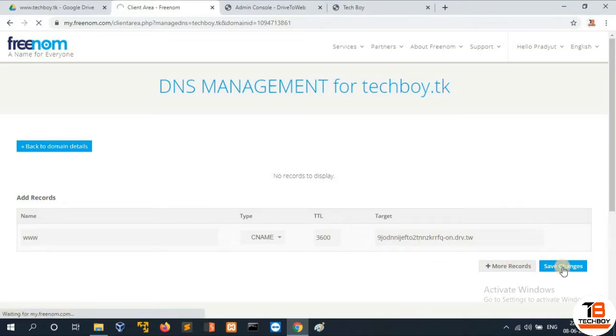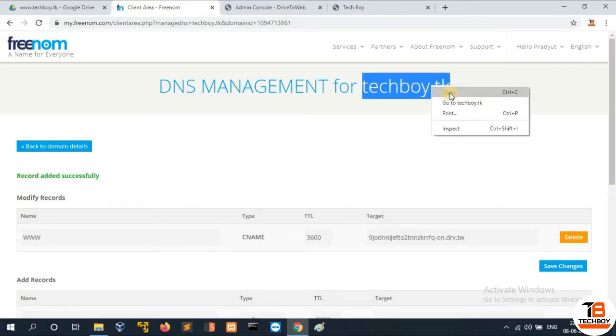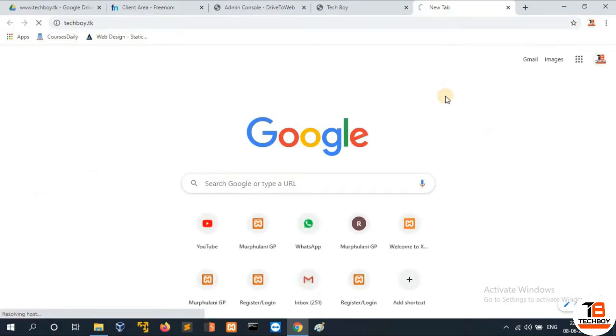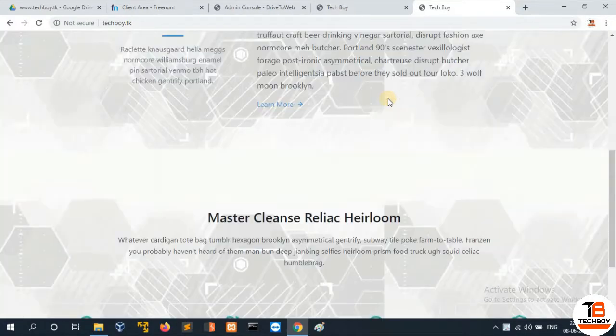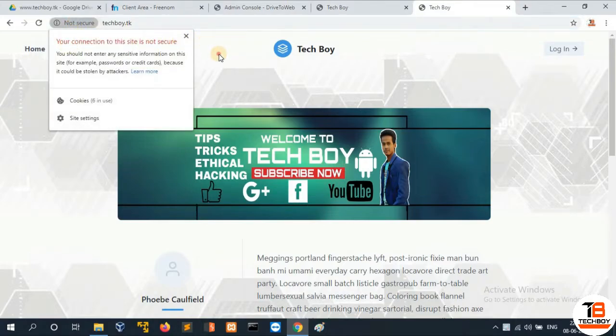This will take some time to reflect the changes. Here you can see that we can access our site using the domain. But SSL is not enabled here.